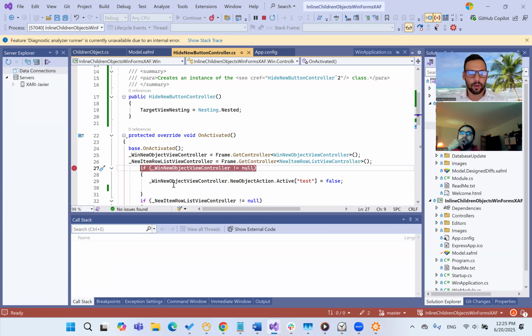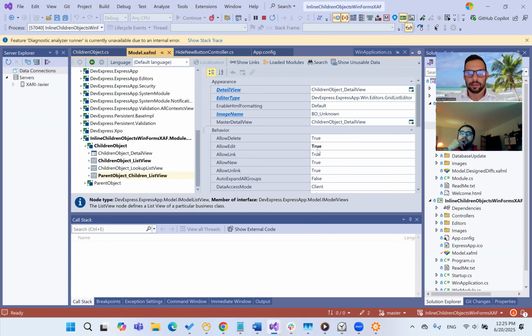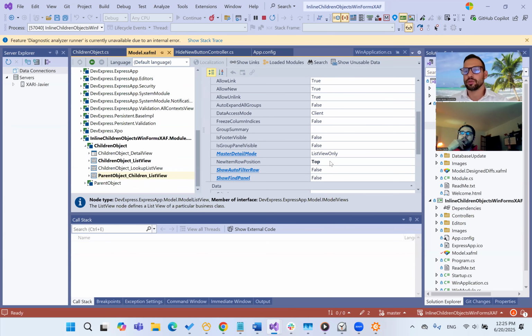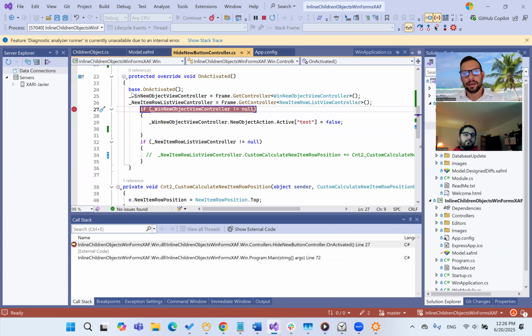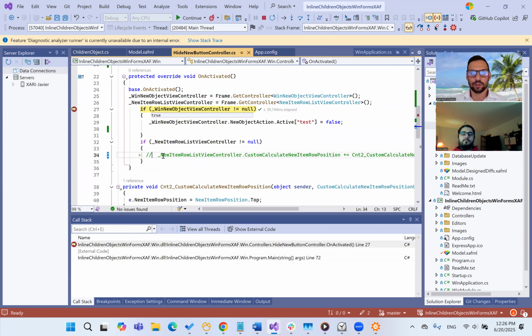The only thing that we have to do, and I want to mention that we have the new item row position in the model set to top. So basically the things that we have to do here is let's do the same thing. Let's go out and back. So we hit the breakpoint and we do our changes. That way we don't have to recompile the application,